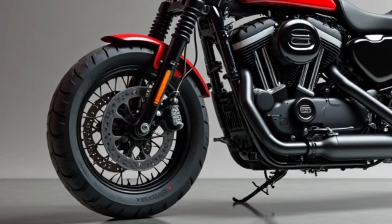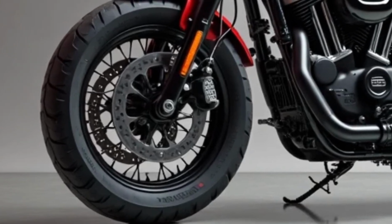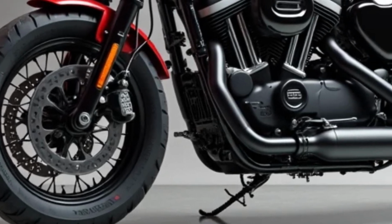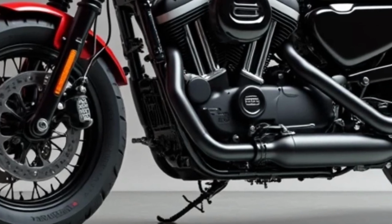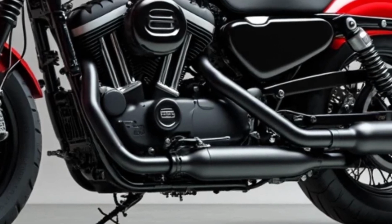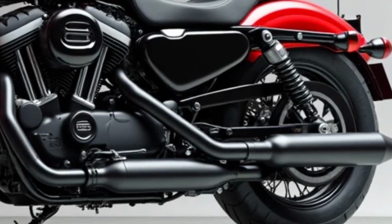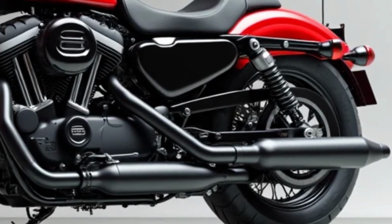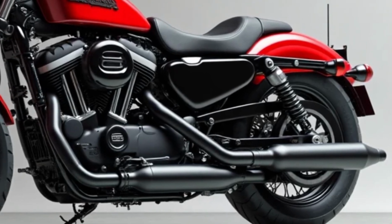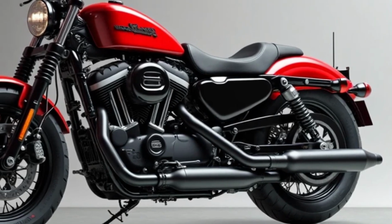Let's talk numbers for a moment. The 2026 Iron 883 weighs in at around 480 pounds wet, slightly lighter than the outgoing model thanks to a new frame design. Seat height is just under 30 inches, making it accessible for shorter riders while still comfortable for taller folks. Fuel capacity remains at 3.3 gallons, and with the new engine's improved efficiency, you're looking at around 50 miles per gallon depending on how hard you ride. That gives you a realistic range of about 150 miles between fill-ups,